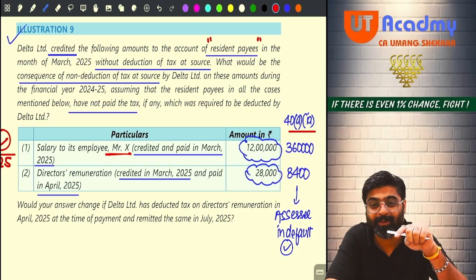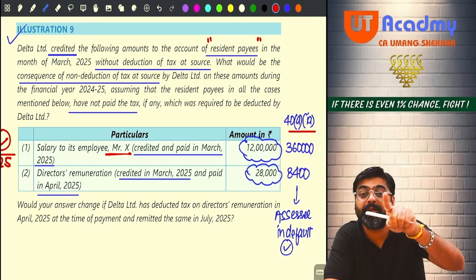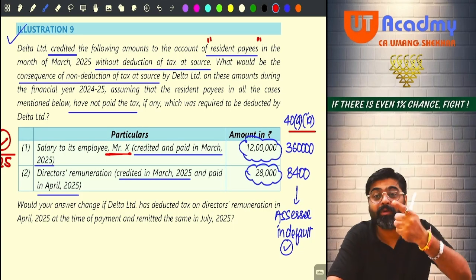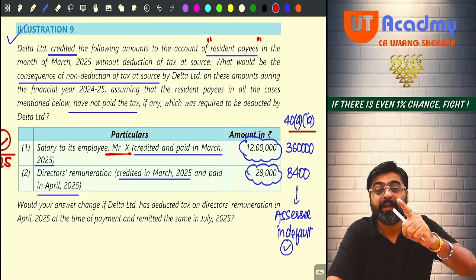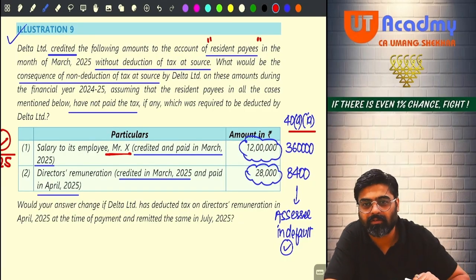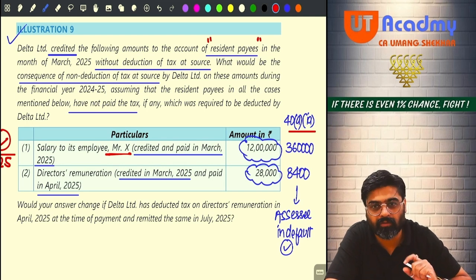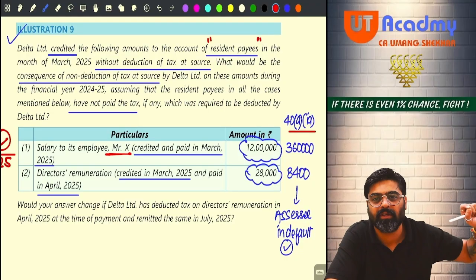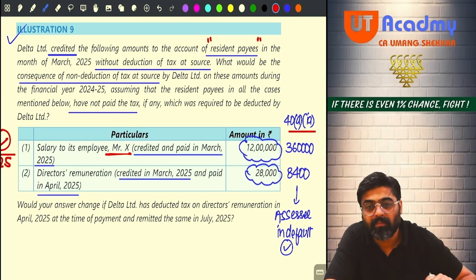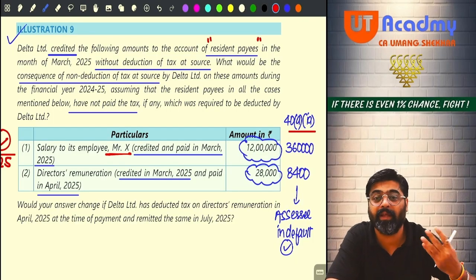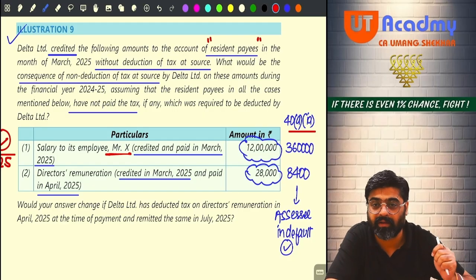But first we'll have to find out whether the TDS is supposed to be deducted or not, and when it was supposed to be deducted. At that time it was deducted or not. If deducted, then it was deposited or not. All these questions you have to seek answers to. If all the questions are ticked, yes, yes, yes, yes, only then you can claim the business expense as a deduction in this year. Otherwise, 40(a)(i), 40(a)(ia), 40A(3), these disallowances for default of TDS get attracted.